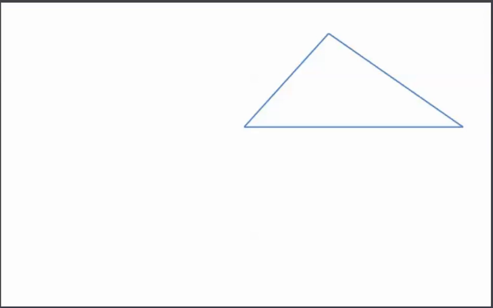So if I label this triangle as triangle ABC, notice I'm not putting a right angle in there. Side B is across from angle B, side A is across from angle A, and side C is across from angle C. So the law of sines you can use to solve for angles or for sides. If you are solving for an angle,